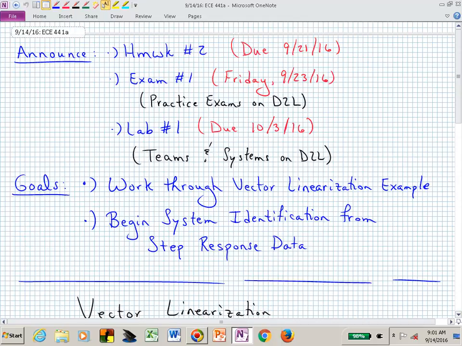FEE 441A, 541A. Homework number 2 is due in a week. That's the 21st. Exam number 1 is going to occur a week from Friday. And lab number 1, you probably want to start thinking about it, looking at it, maybe even working through the pre-lab at least before exam number 1, but it's not due in terms of dropping it into the Dropbox. And you only need to submit 1 submission per team into a Dropbox, and that's due on the 3rd of